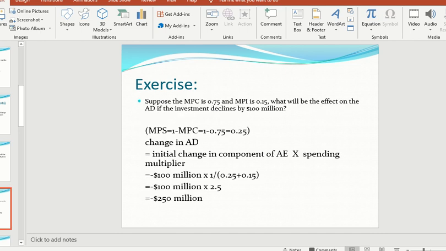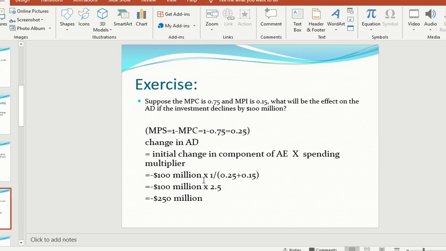I hope you've spent some time to solve the problems. So now let's look at the solution. The setup is essentially the same as what we have done before. There's a change in aggregate demand equal to the initial change in either one of the components of aggregate expenditure multiplied by the spending multiplier. So the initial change in components of aggregate expenditure, in this case, that's the decline in investment, so negative $100